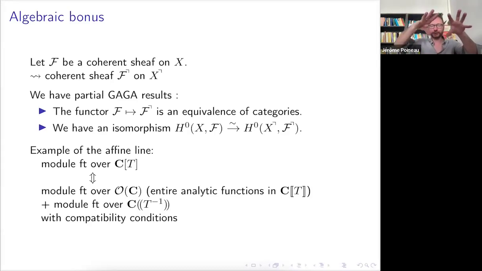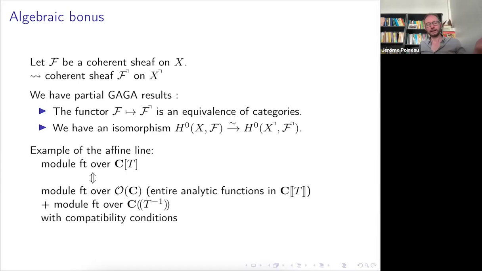You need to glue it with this added point, so some vector space over the Laurent series with the variable t minus 1, and compatibility conditions. And the result tells you that the data of those things are actually the same.